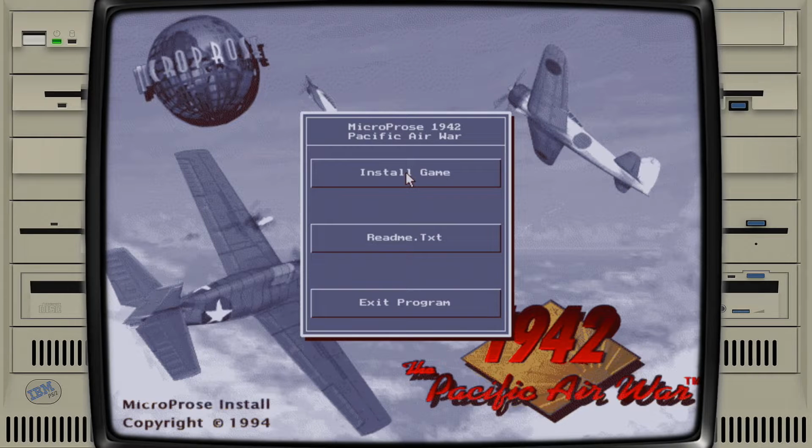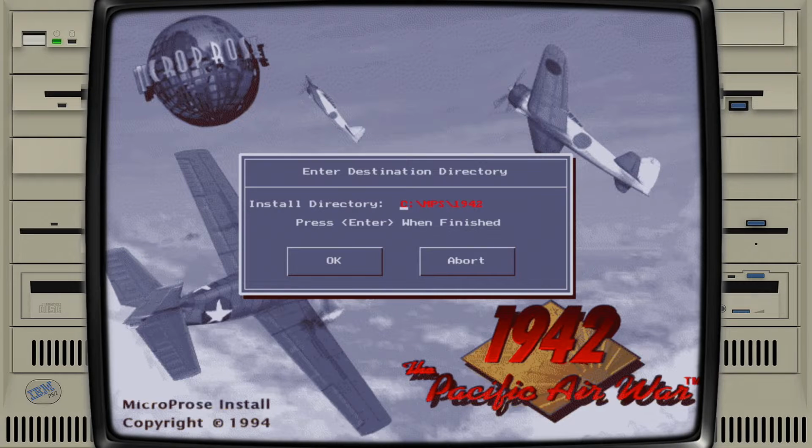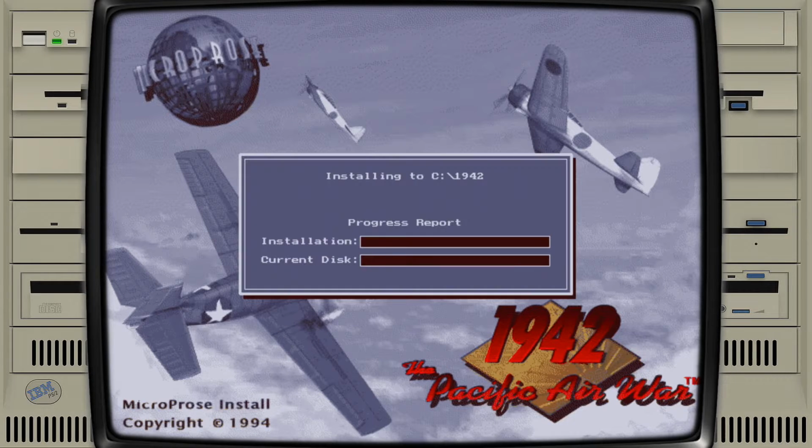All right, and then you greet it with the installation program. So I'll go ahead and with the mouse, select Install Game. Then it's asking you where. Normally I try to keep everything in the root directory. It makes things easier. All right, hit Enter, and then press OK on the mouse, and then it'll begin